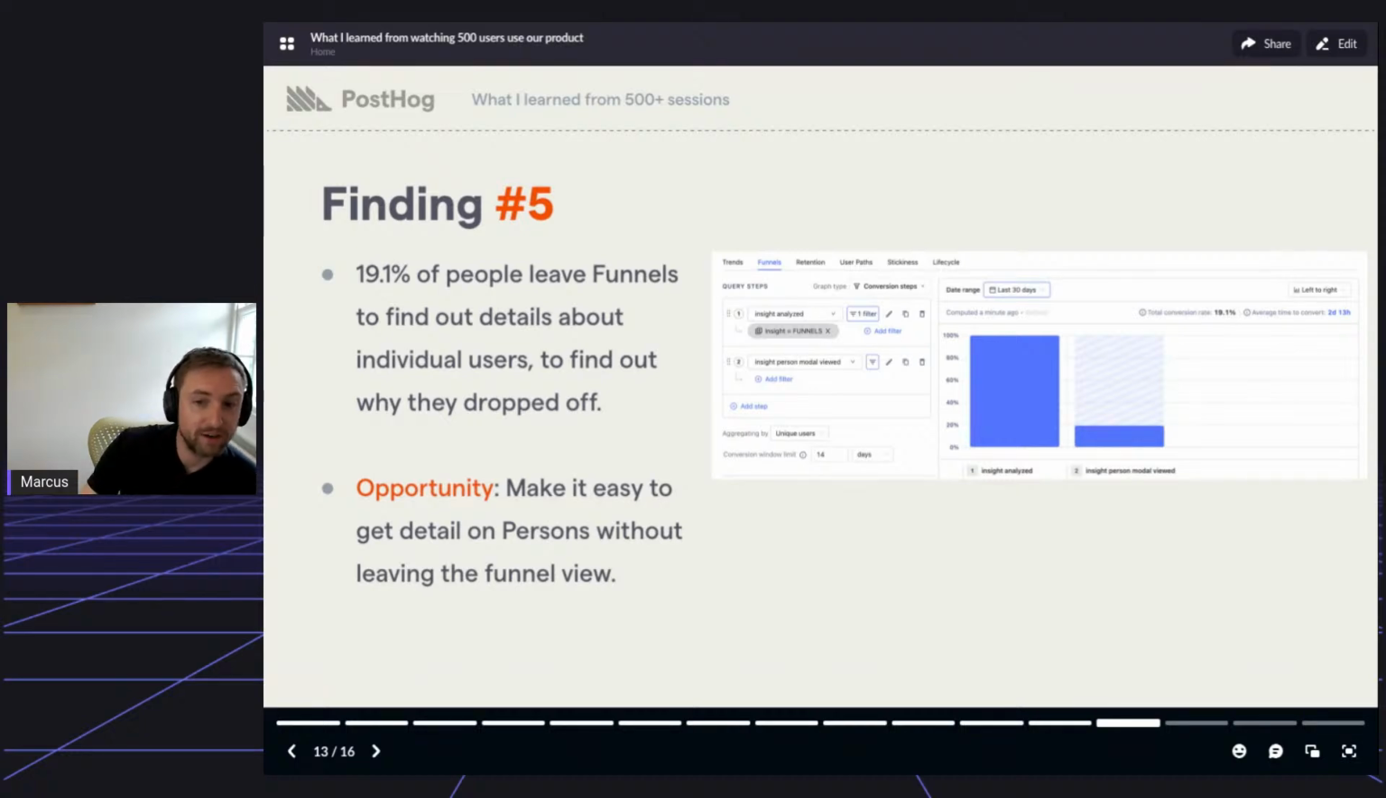And so the opportunity here we have is to make it really easy to get data on those people, the individual people who are dropping off the funnel, without leaving the funnel view. So we can keep them here, so they don't have to keep flipping backwards and forwards. They can look at multiple people at the same time. They can make loads of decisions way quicker. The next finding,